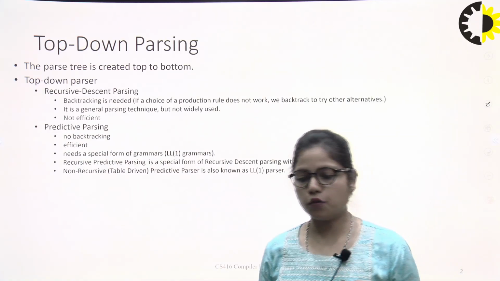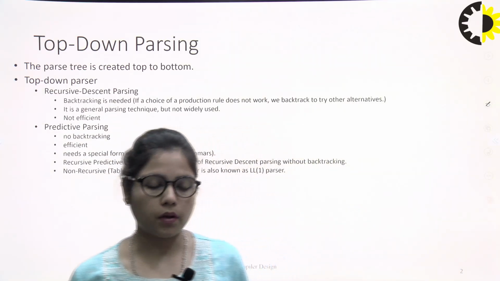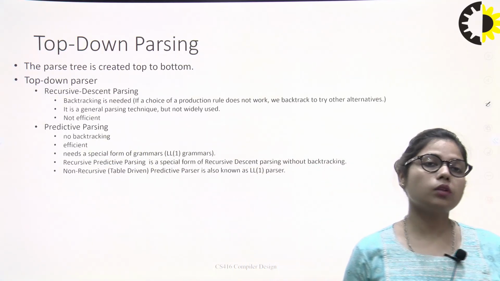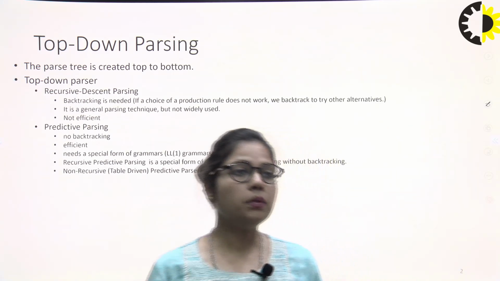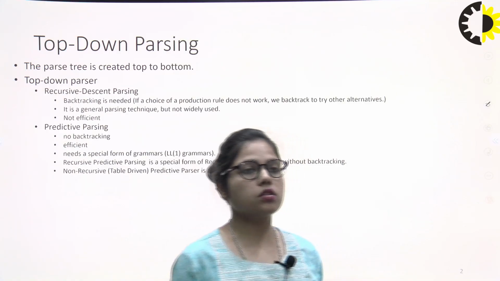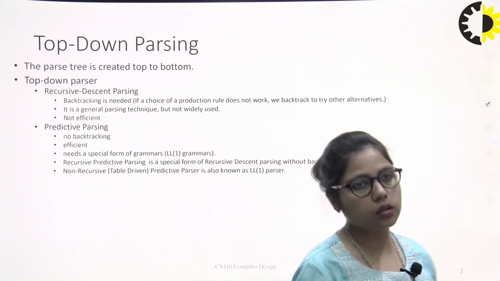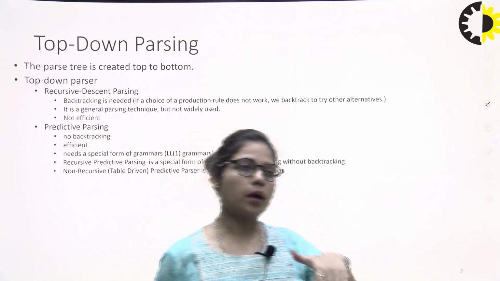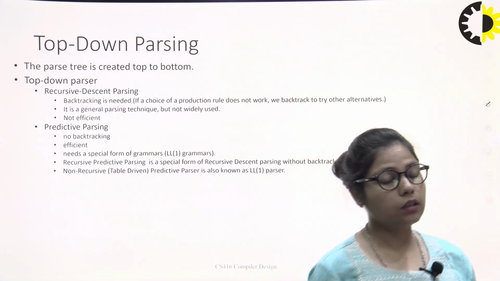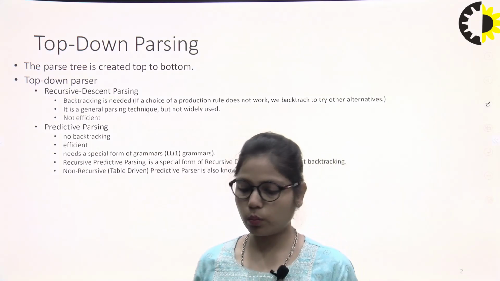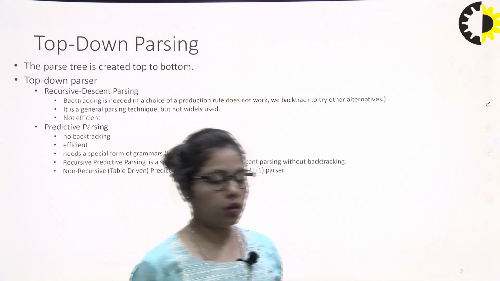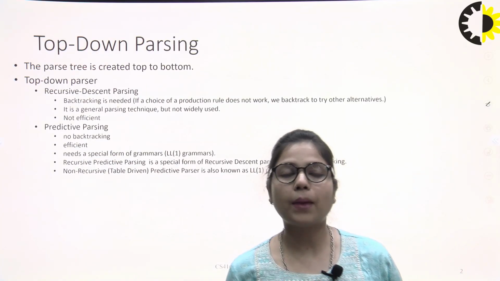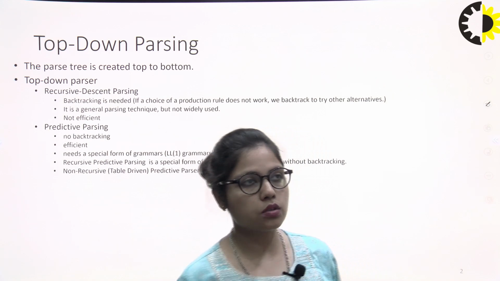Parsing is of two types. The first one is top-down parsing and the second one is bottom-up parsing. Top-down parsing is, as the name suggests, a way of processing the program or the question or anything which is given to us in a top-to-down manner. This is called top-down parsing, and it is further divided into two parts: predictive parsing, in which LL1 grammar is used, and the other is parsing with or without backtracking. These are the types of top-down parsing.